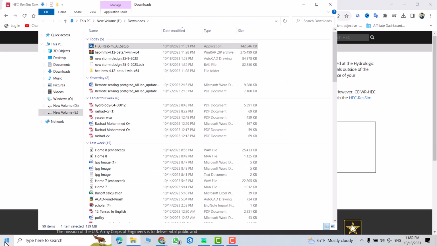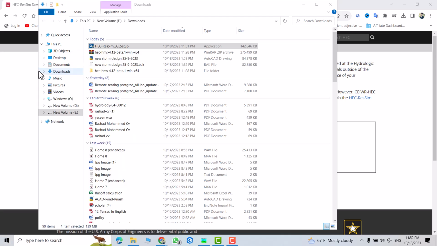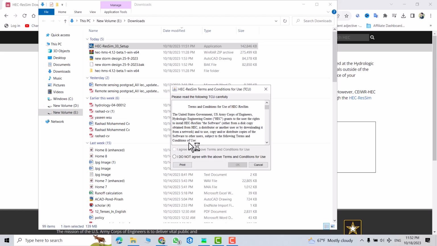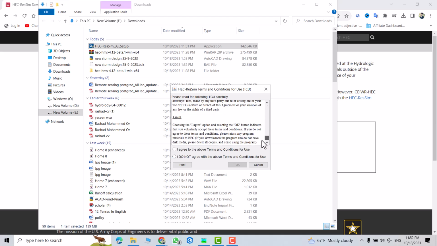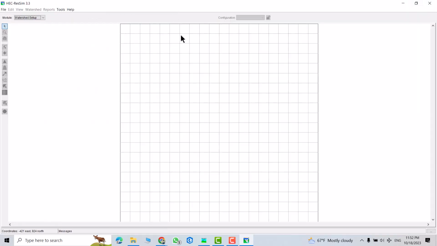Finish. From start menu, search for HEC-ResSim. This one. Click it. I agree to the above terms and conditions. Okay. That is